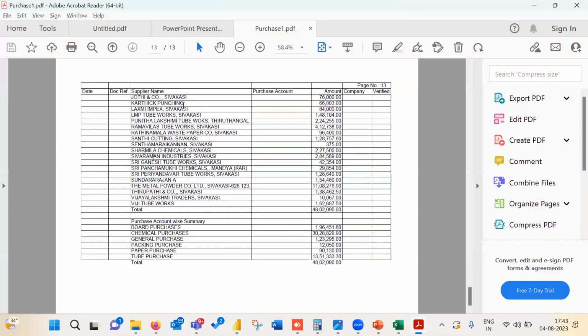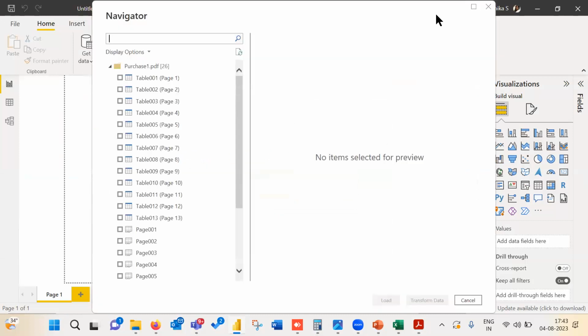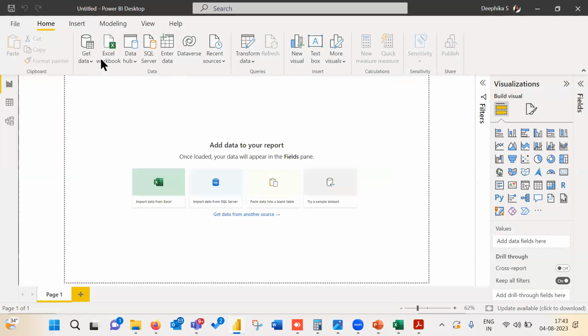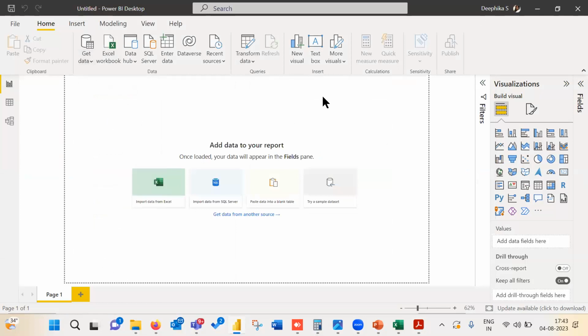First, the bank statement, I forgot. Get data.